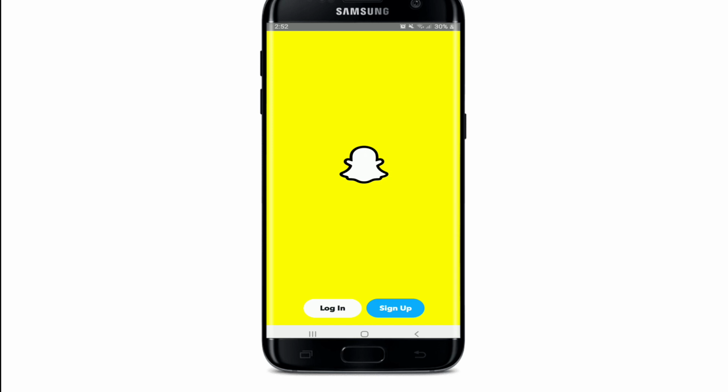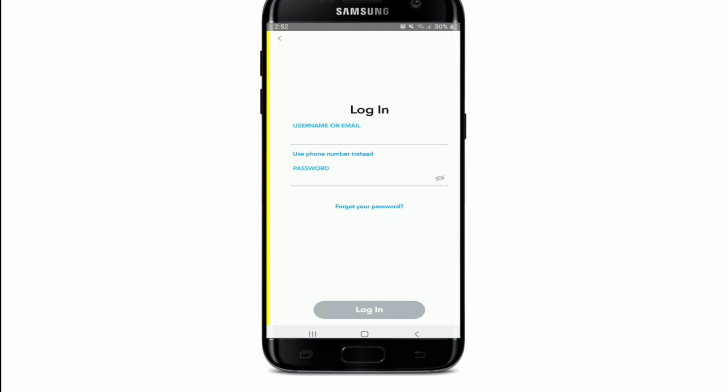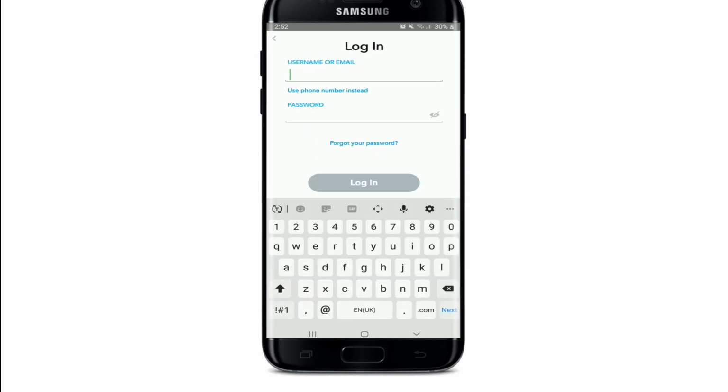If you already have an account, you can tap on the login button at the bottom left corner and simply log into your account. If you don't have an account yet, tap on sign up at the bottom right and create a new account first. Once you have an account, you can tap on log in, and what you'll need to do next is